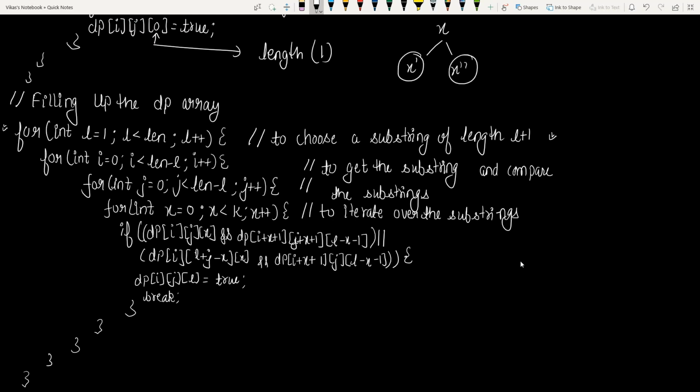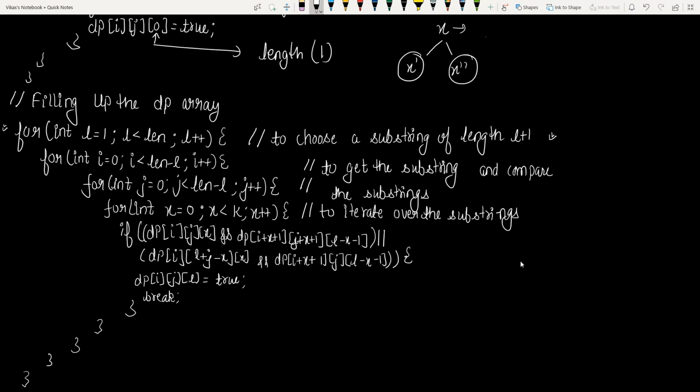These two are substrings of x. So this for loop of length helps us to split the given string in variable lengths.